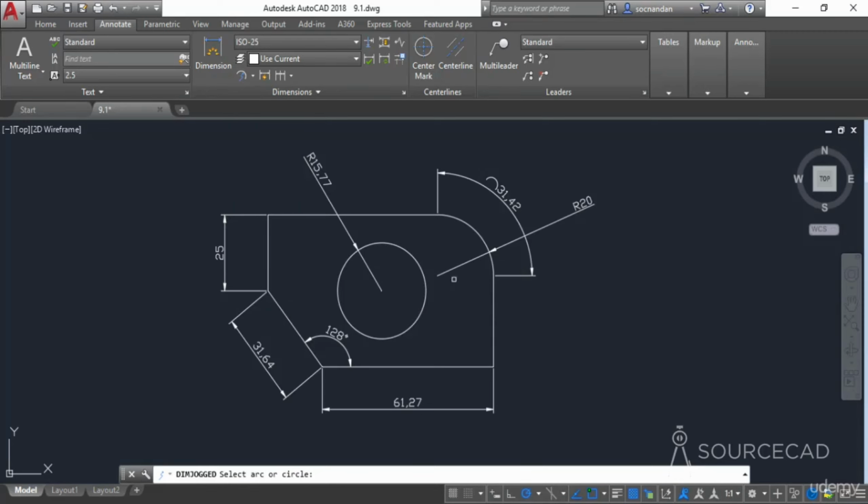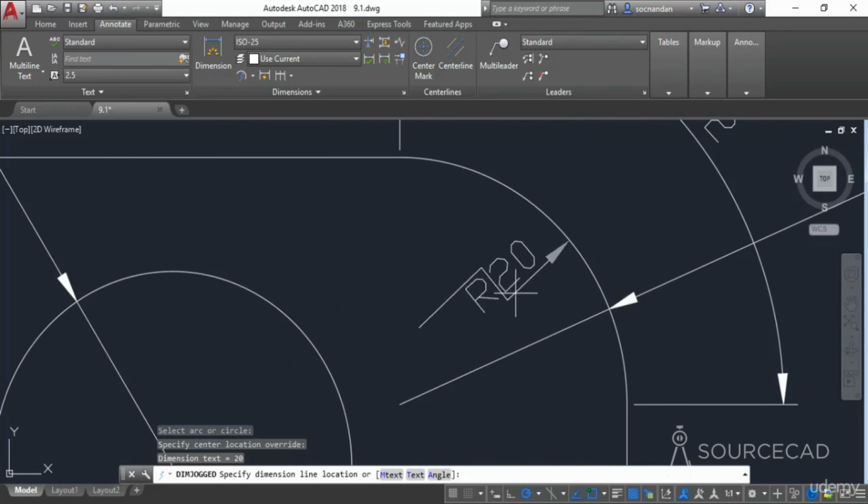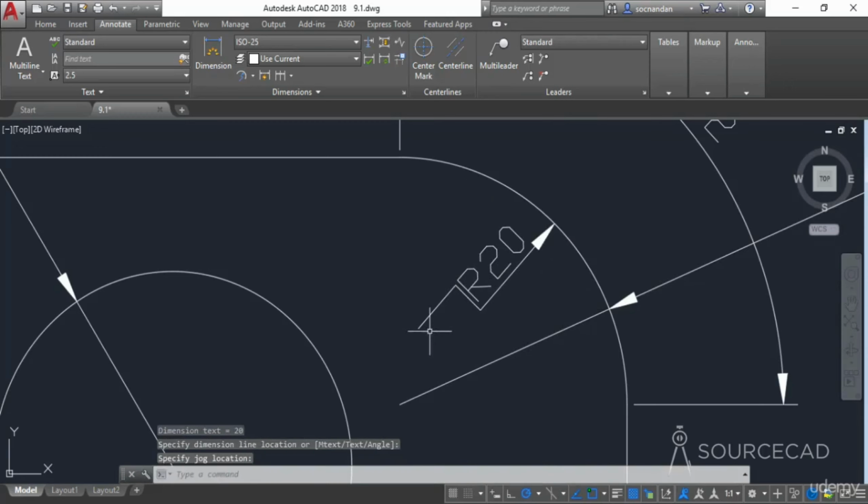So let's select this arc for instance, and now I'll specify the center location. The center location of this arc is here. So click somewhere over here. It should not necessarily be on the center. I'll simply click here, and now we have this jog line. If you look closely, you'll find that. So click at the first point to place the first jog line and the second point, and here we have